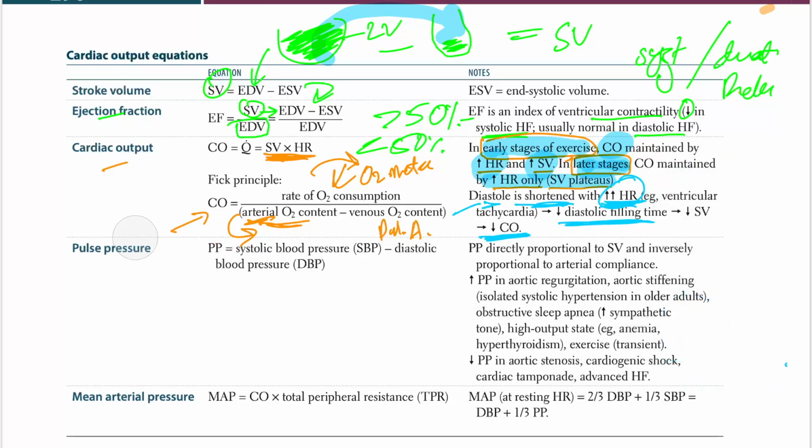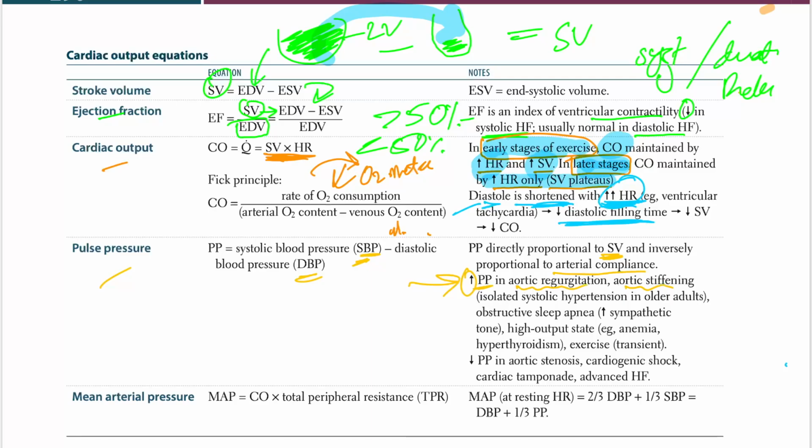Moving on with the pulse pressure. What is pulse pressure? PP, pulse pressure, equals systolic blood pressure minus diastolic blood pressure. Pulse pressure is directly proportional to stroke volume and inversely proportional to arterial compliance. Increase in pulse pressure in aortic regurg. So where would we have increase in pulse pressure? In aortic regurg, aortic stiffening,